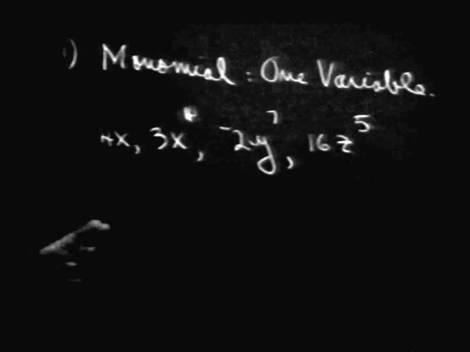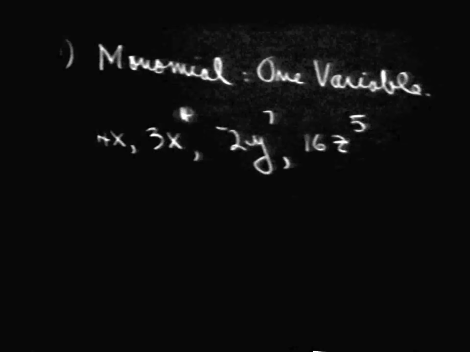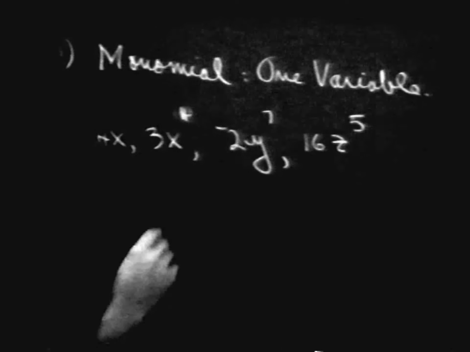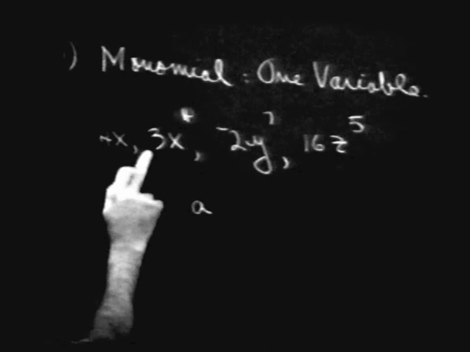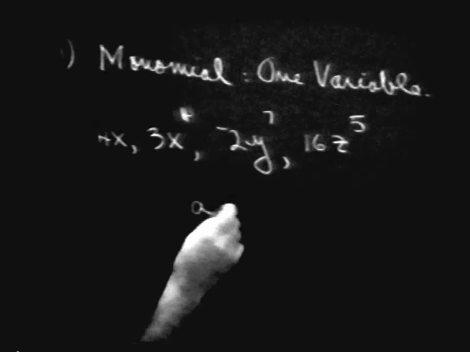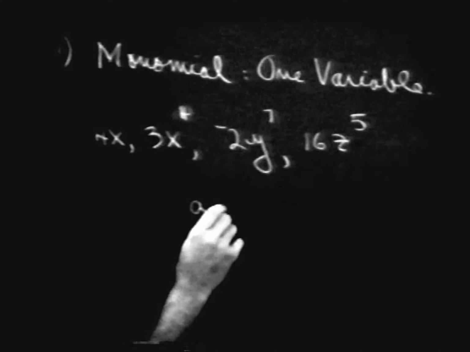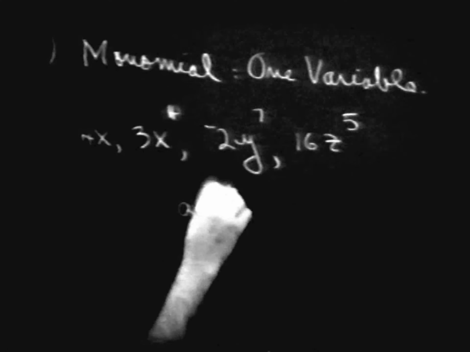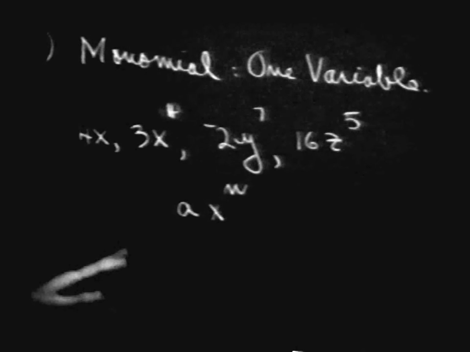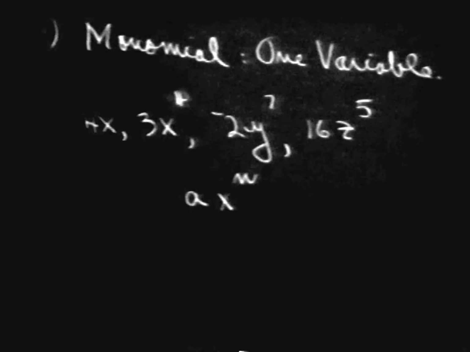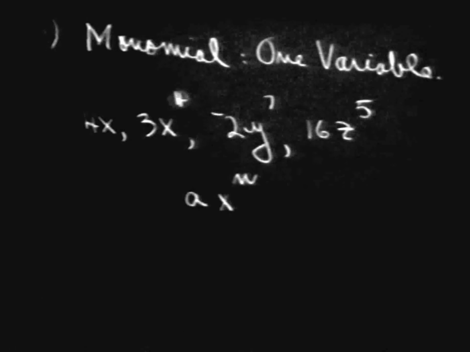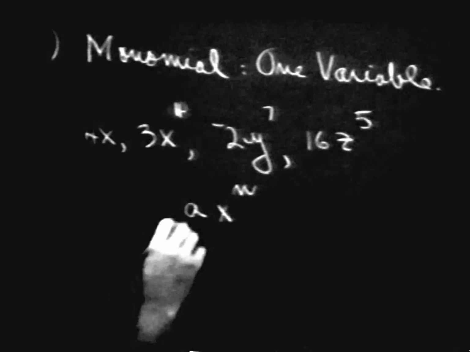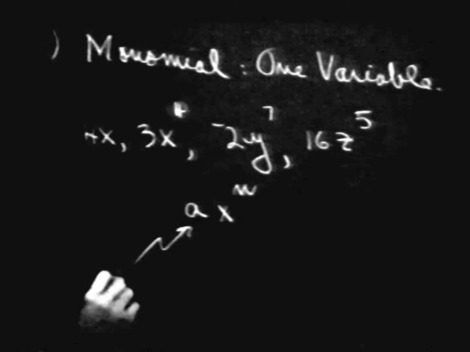Now, I think what I'd like to do is to write down a general form for this monomial of one variable. And let me use the letter A to refer to this number out front, which we'll give a name to in just a minute. And x to the nth power, all right? A times x to the nth power is the general case for any one of these. Would you all agree with that? In which the letter A here is called the coefficient,